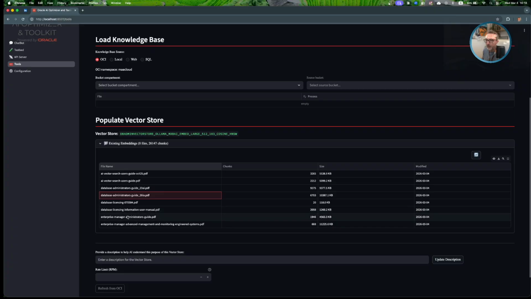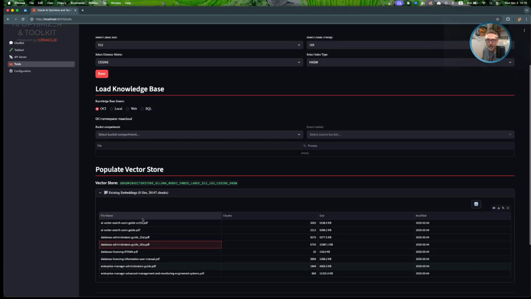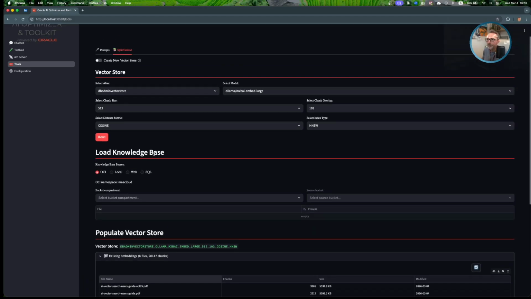For example, there is the Enterprise Manager Administration Guide, Enterprise Manager Advanced Management, and so on. This is the domain-specific knowledge that we are going to expose through our MCP tool to be used as a RAG store.